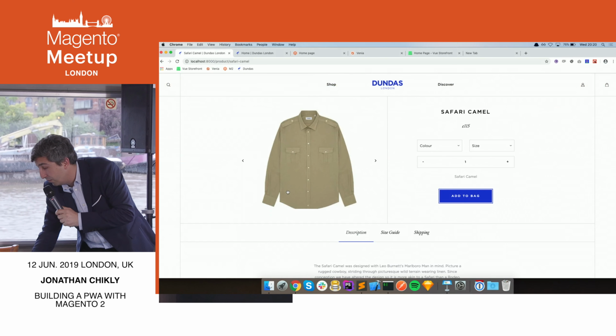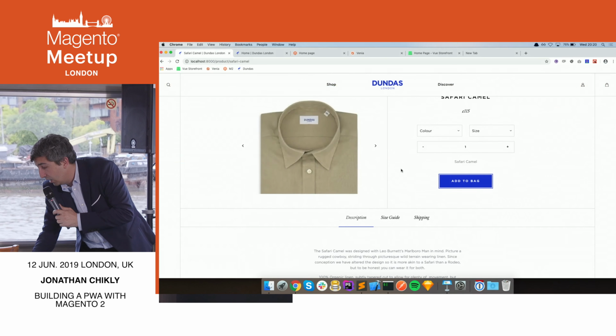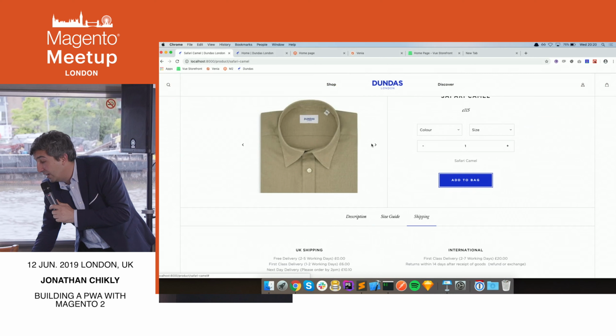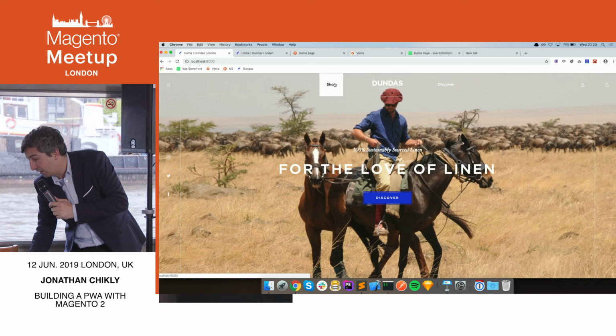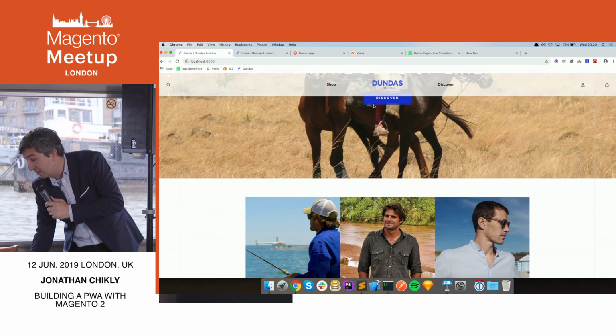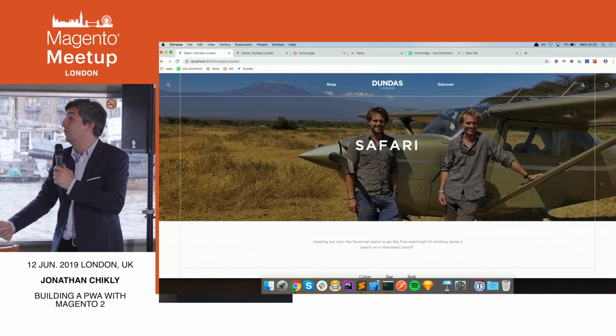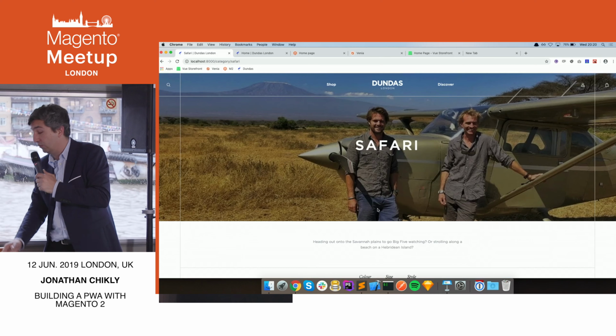And you can see the concept that I explained earlier, where the page loads instantly. I can switch from one page to another, and there's no reloading of the page. You just go from one page to another.